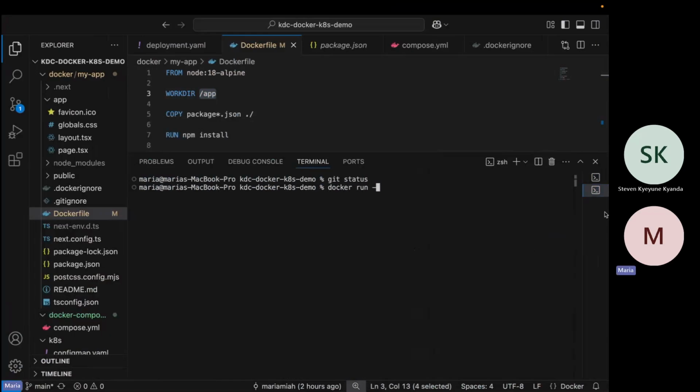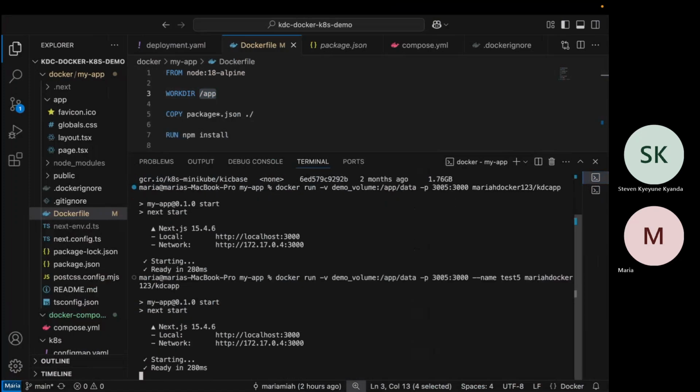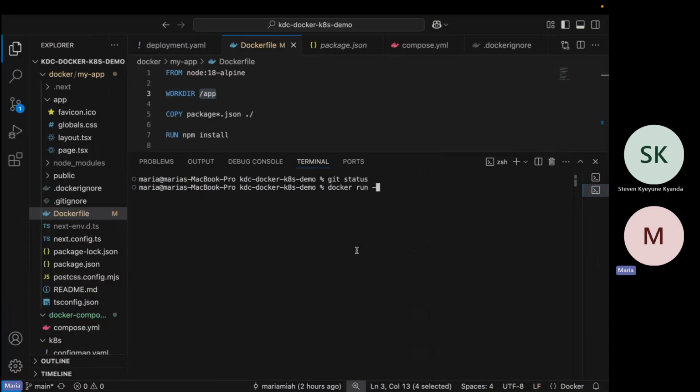Docker run -v. Oh, let's use this command again. Docker run -v. Name test 5. So we've created a new container called test 5.